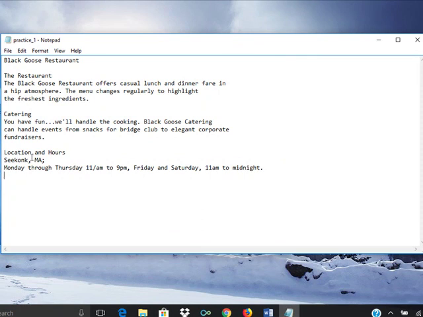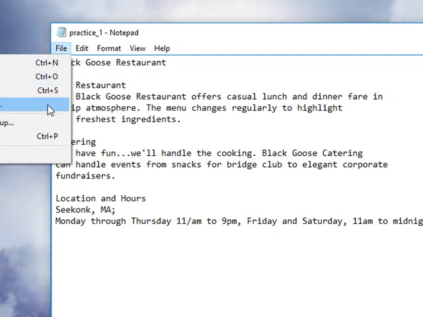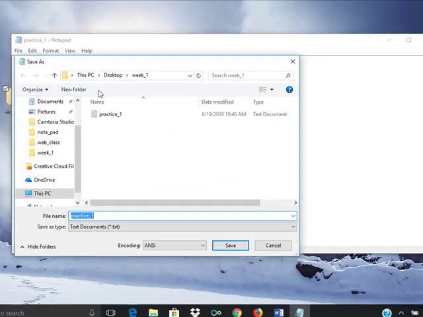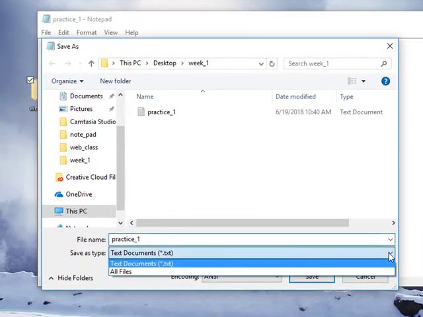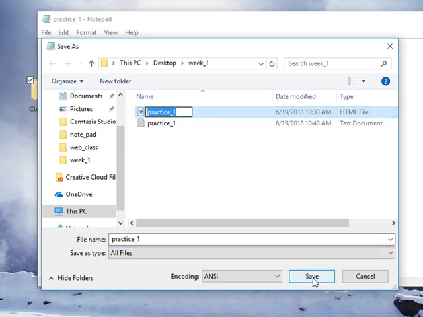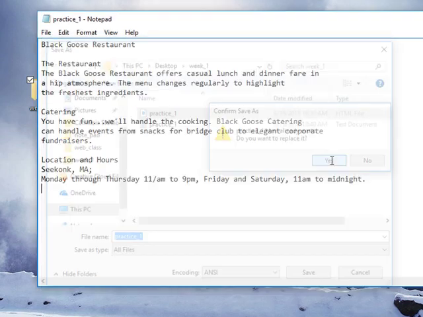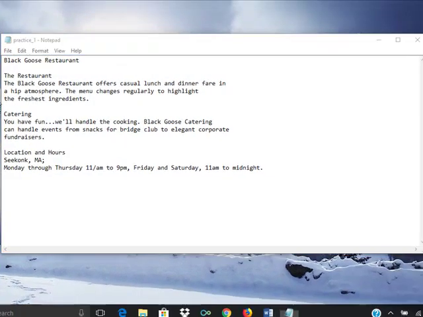If we were actually to, let's save this now. So we'll do a little save. It should already be practice 1 because we did that. And now I'm going to do a save as. Again, I'm going to change that to all files, and I'm just going to save over that HTML file that is already there. So I'll select that, and then I'll hit save. Do you want to replace it? Yes, I do. All right, so if we open that up,